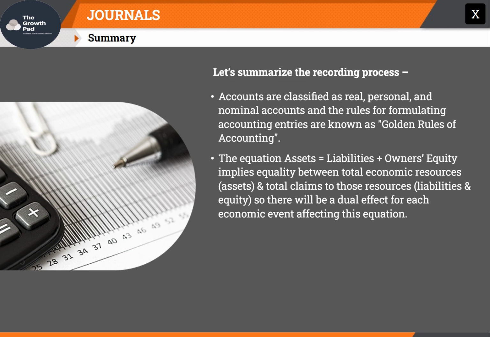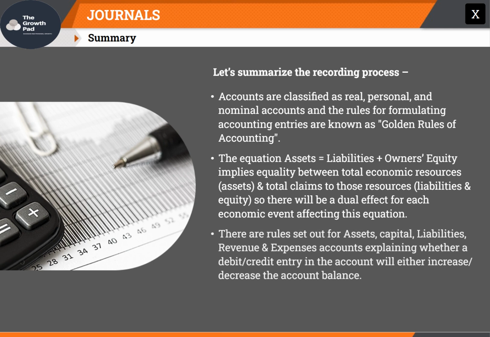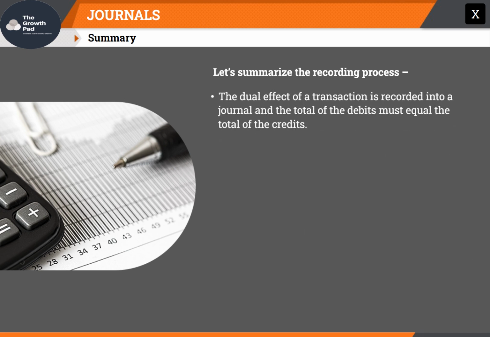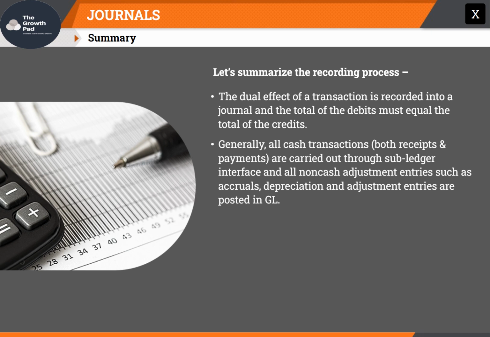claims to those resources, liabilities and equity, so there will be a dual effect for each economic event affecting this equation. There are rules set out for assets, capital, liabilities, revenue and expenses accounts, explaining whether a debit or credit entry in the account will either increase or decrease the account balance. The dual effect of a transaction is recorded into a journal, and the total of the debits must equal the total of the credits. Generally, all cash transactions, both receipts and payments, are carried out through subledger interface,